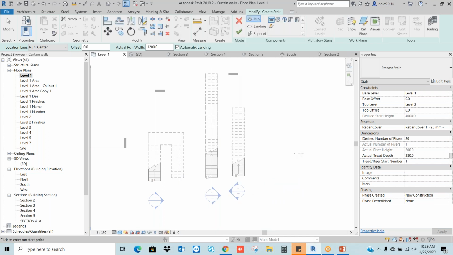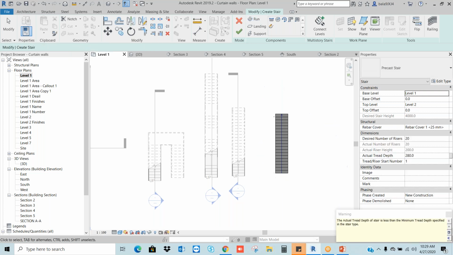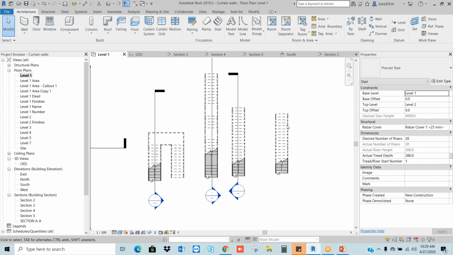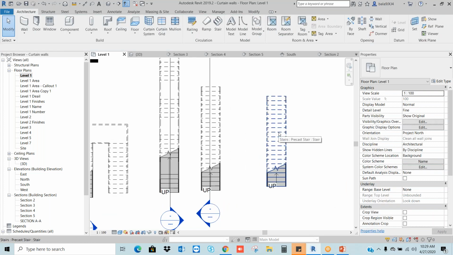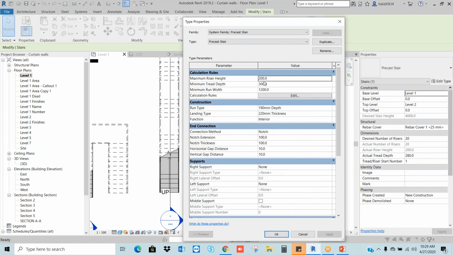Okay, see. How many risers am I getting now? 20. Earlier it was 23. Correct? See, according to our settings, it will calculate the number of risers automatically.